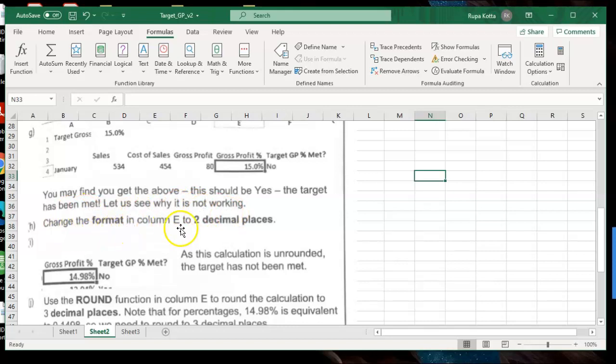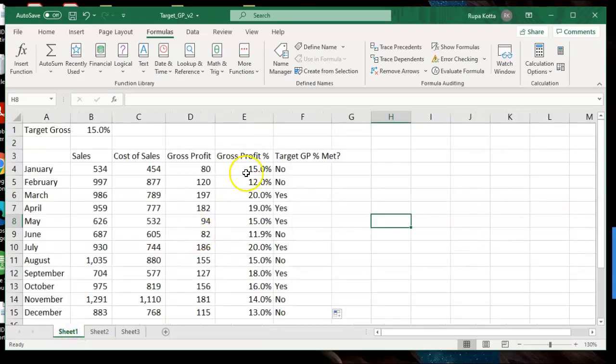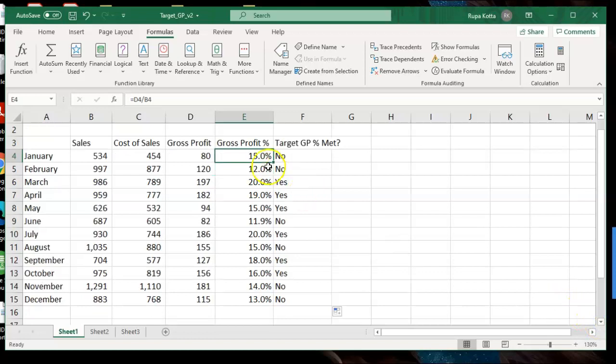Change the format in column E to 2 decimal places. Previously we reduced the decimal places. So the correct answer here was 14.98%. But later when we changed the decimal places, it became 15. But inbuilt the answer was still 14.98. That means it is not greater than or equal to 15. So that's why it is giving no.